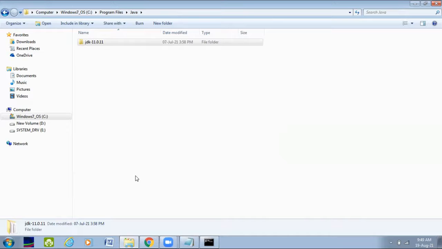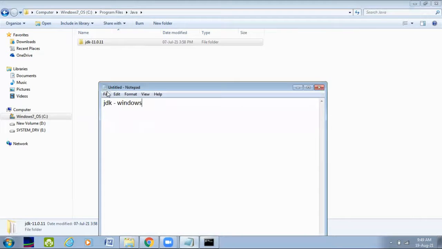Now, to check it, what you can do initially is open a notepad and just type a program. I'll show you what the program should look like. I'll show you in another video how to install an IDE for Java.